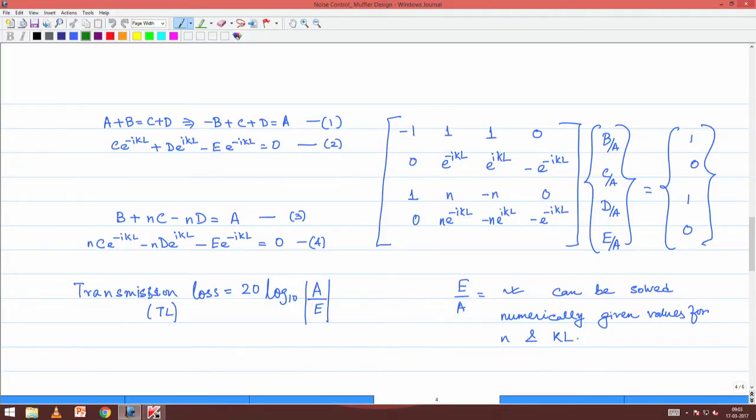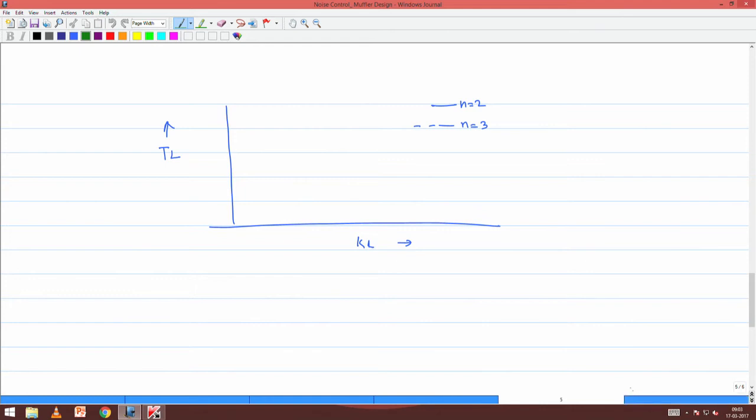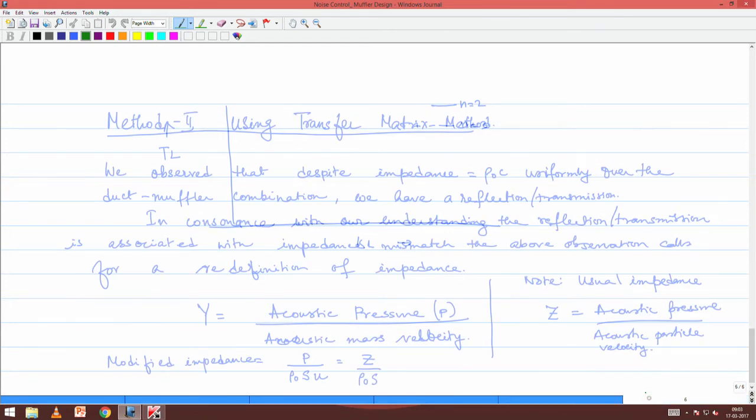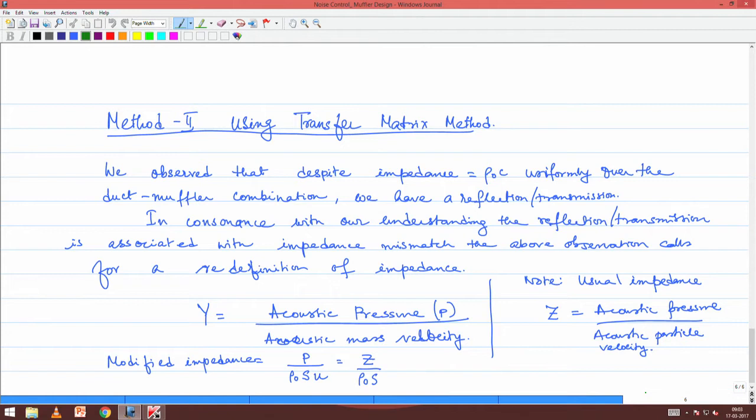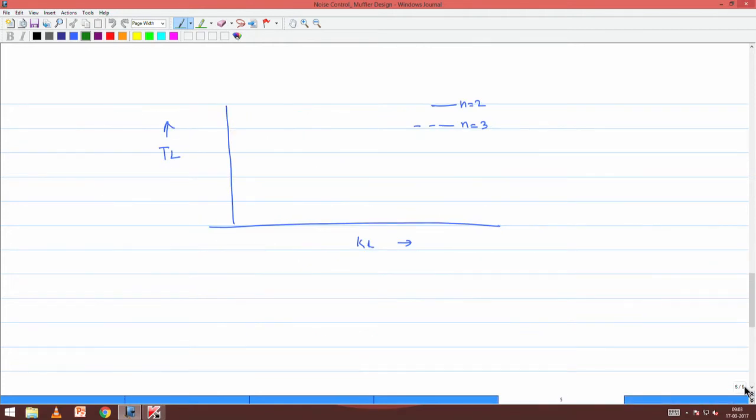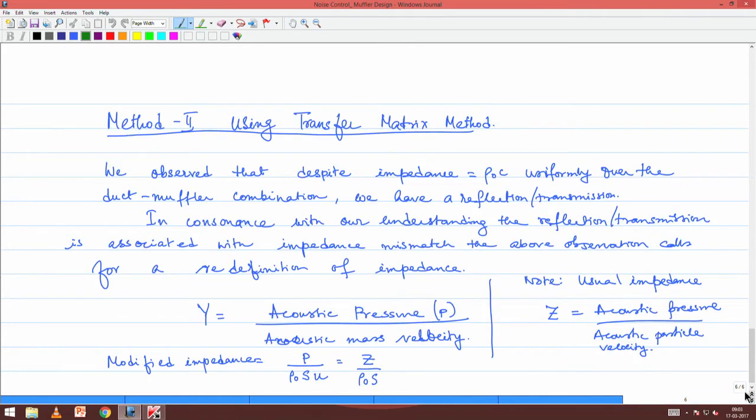Today we use the transfer matrix method to arrive at the transmission loss of the expansion chamber muffler. Remember, in the last class we talked about how to get it in the usual wave propagation scheme of analysis. As remarked in the last class, we are going to redo it in a little more elegant fashion using the transfer matrix method. Where we left last time is that we defined a new kind of impedance, which is more adapted to the scheme of duct acoustics, with changing area of cross section and so on, wherein the impedance